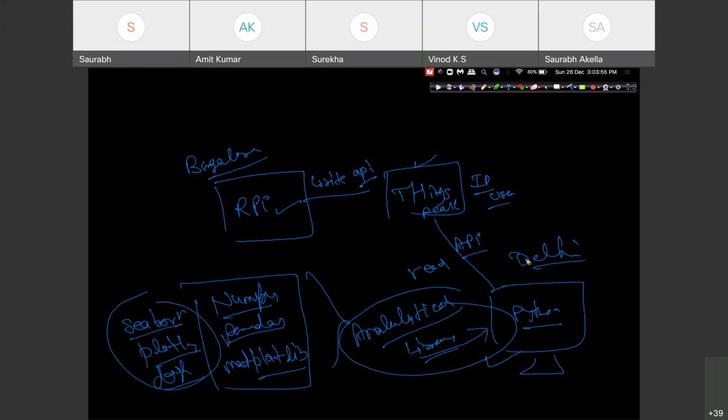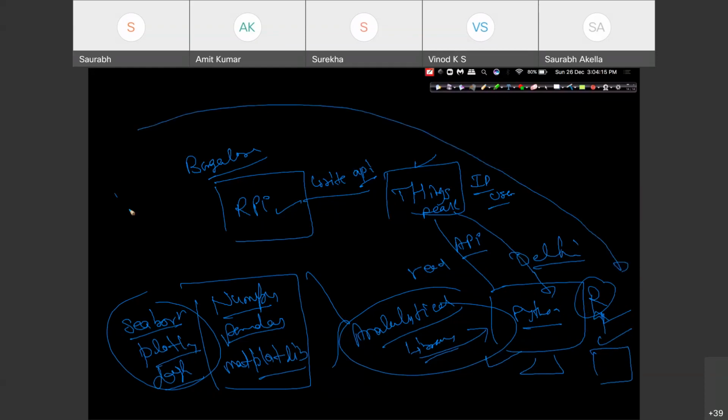Once you have got data in your computer, you can use R language also. You can use any particular language once your data is available with you. You can use any language to analyze your information. Even through Excel software also you'll be able to analyze, right? It doesn't matter. But this was the chain. This was the pipeline. Here we share this information from sensor to Raspberry Pi using Arduino embedded.